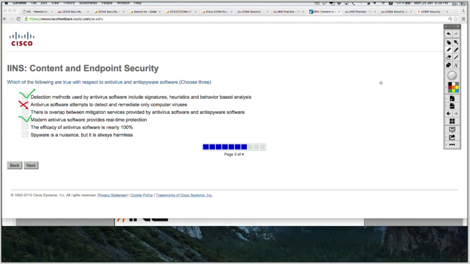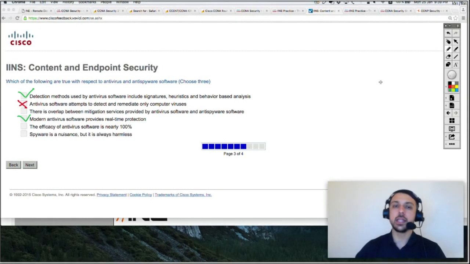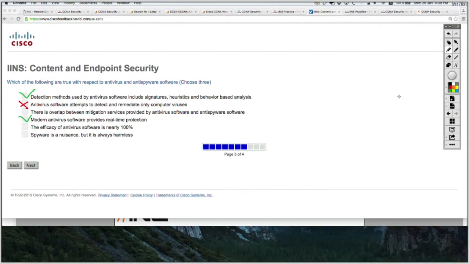Back in the days, when a new kind of attack was launched on the internet, it took the endpoints way longer to get updated than it does nowadays. So it is close to real time. It's not actually 100% real time yet. So that may not be a correct answer in the end, because it's not real time like instant. So let's put this as not sure and move on. Let's see if we can find answers which seem more correct than option D.